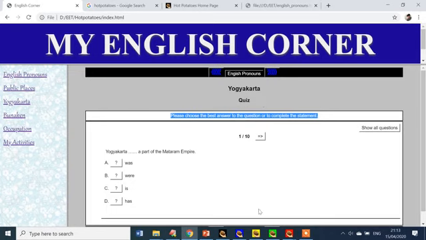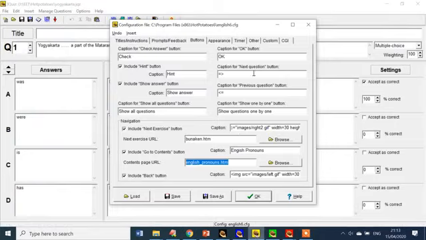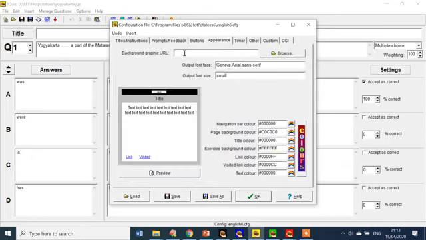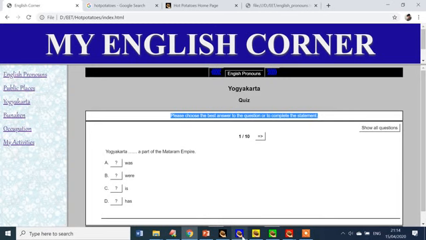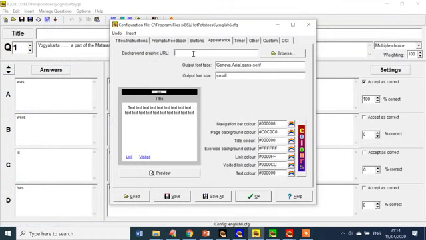Now let's see the other features of the appearance. This is the appearance. We don't have any background over here. If we want to make this page have the same background as the main page over here, we can select, we can add over here. So we can add this, the image,